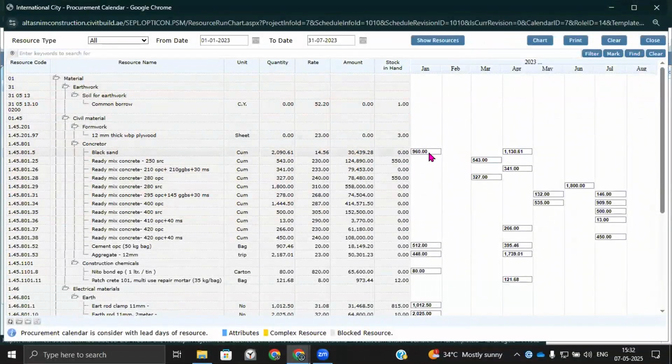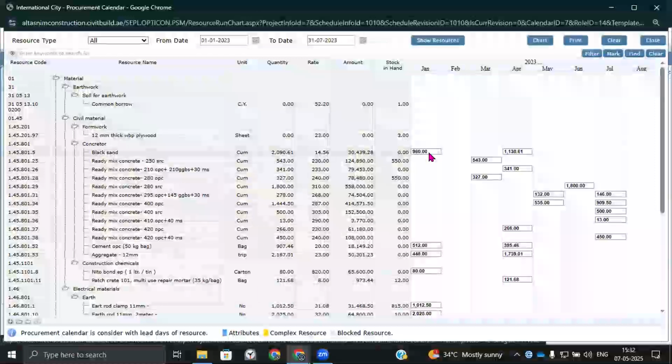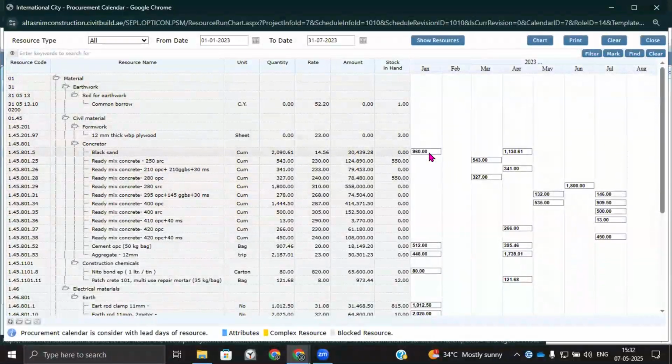So your procurement team can plan procurement well in advance and ensure timely availability of resources, which is the biggest challenge we have encountered in the past: the procurement team not getting enough time to procure the material, and hence the project getting delayed. This will be solved very easily. Our existing customers are benefiting from this a million times.